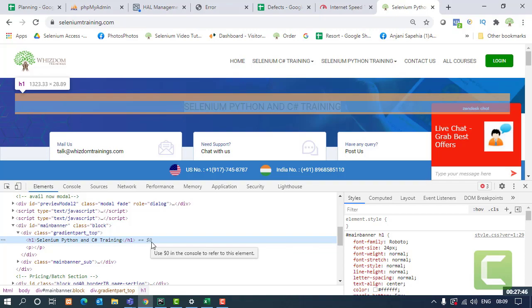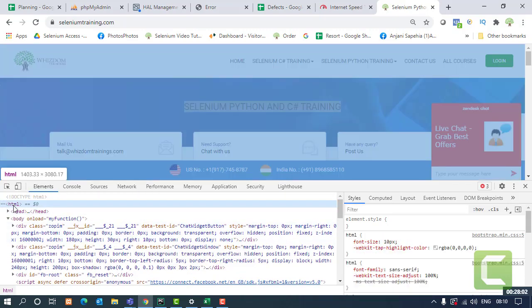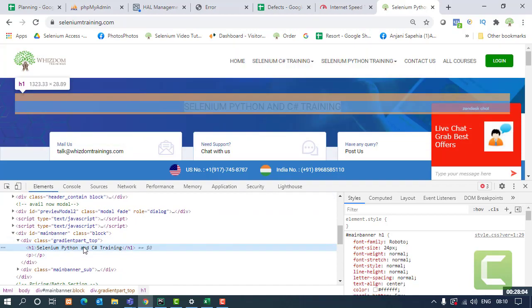Right. So how to actually go on and identify this element and get the text of this on my console? That is the question, right? So either I can make the complete XPath. What the complete XPath will be? It will start from this tag and will come till this tag.